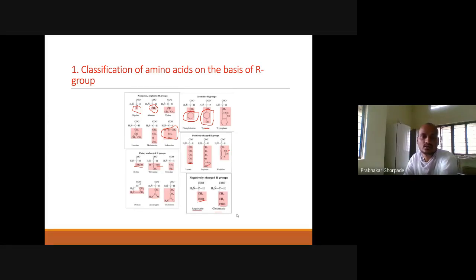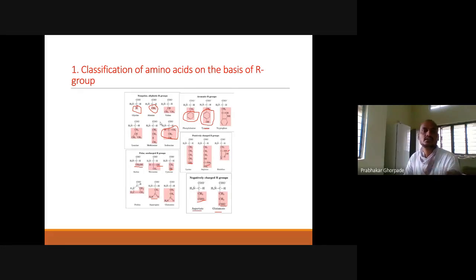So this is overall the structures of the 20 amino acids, how they look. Basically, if you observe carefully, in these slides all the structures are in black except the red highlighted background structure, right? So these structures are highlighted. It means that this is the R group, right? Each amino acid is classified based on the R group. So we can see we have different R groups, and based on those R groups, we are classifying our amino acids into different groups.